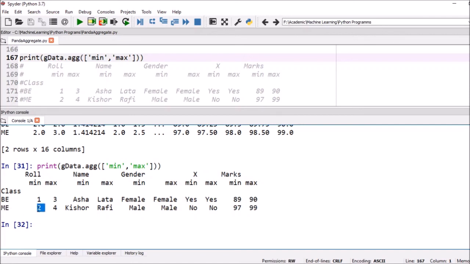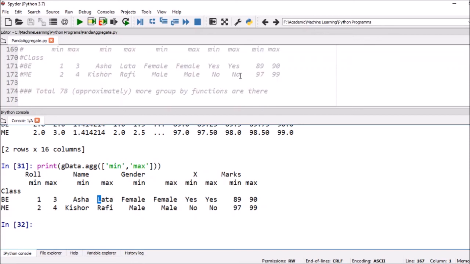For Amy, minimum roll number is 2, maximum roll number is 4, minimum marks is 97, maximum marks is 99. Here it also prints alphabetically. So for names, Kishore K first, then R; for gender, male or female; all yes, all no. For Asha and Lata, A should be first, then L. So it gives minimum and maximum alphabetically.